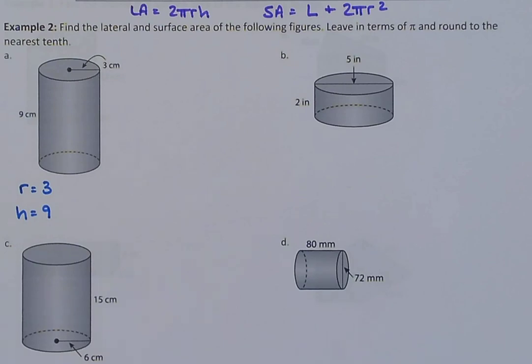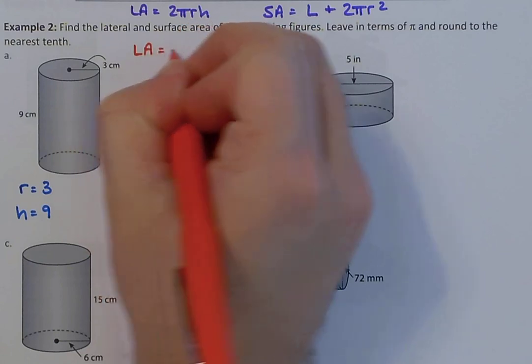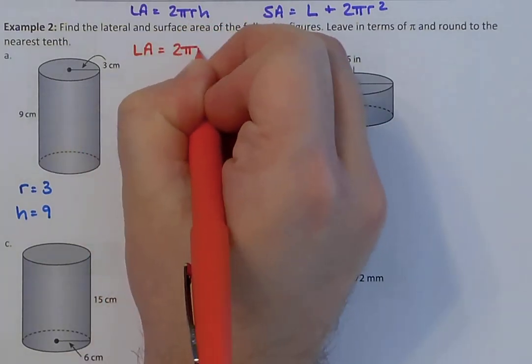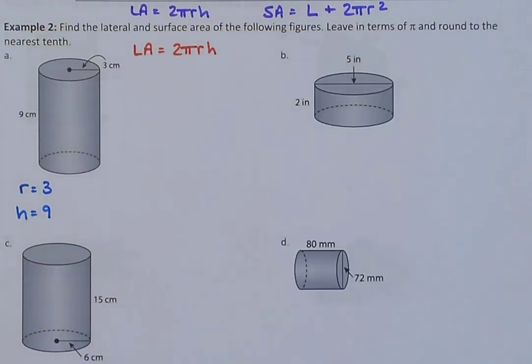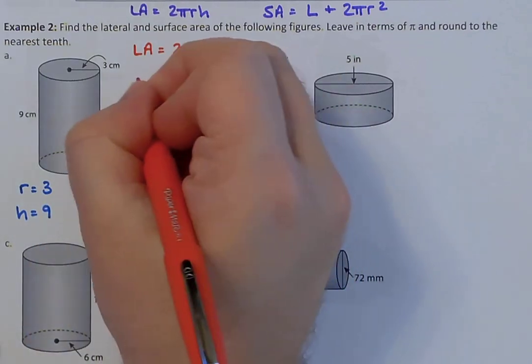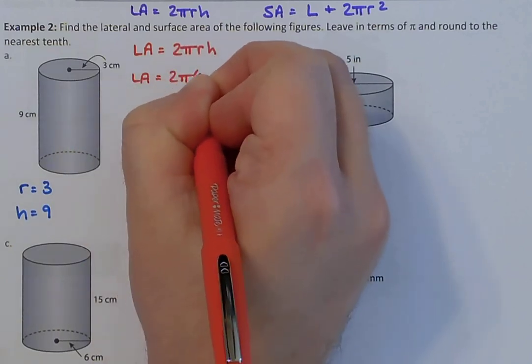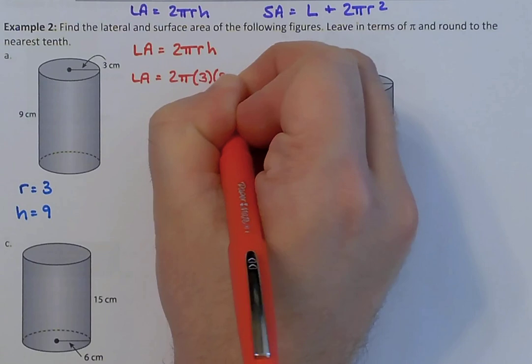So now that we know our radius and we know our height, we know everything we need to figure out our lateral and surface area for this problem. All right, so let's start with lateral area. That is 2 pi r h. We know r to be 3 and h to be 9. So it becomes 2 pi times 3 times 9,